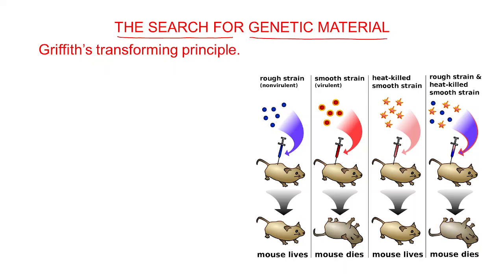In the earliest days, when the scientists were unaware of the genetic material, they began their study and their search for genetic material. When the search began, many different scientists gave their own ideas about the genetic material, the molecule that is the genetic material. And the first and foremost idea was given by Griffith,